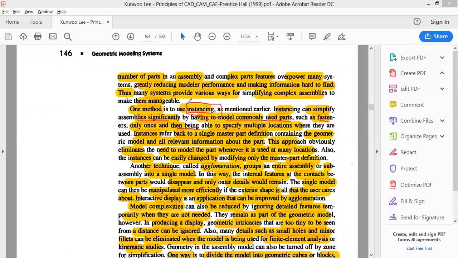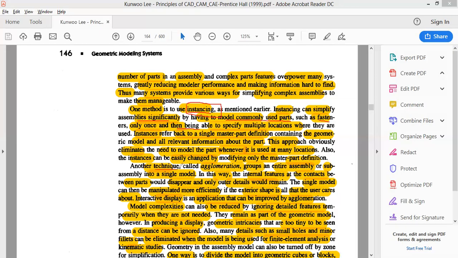Okay, so when we use those things in a vehicle, there are so many times the same nut and bolt is being used, the same washer is also going to be used, right? So all this, when you put it as a template, it will not occupy too much of space. So the complexity of solving it for further processing is being reduced. That is one of the approaches that is used in simplification of the assembly.